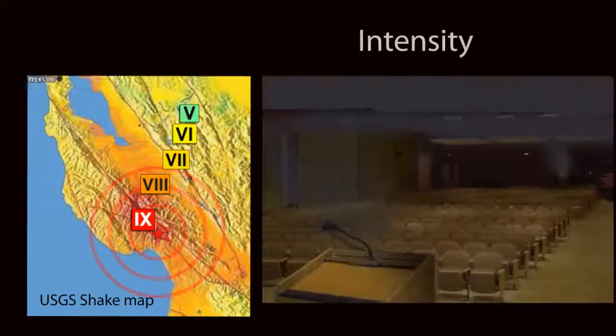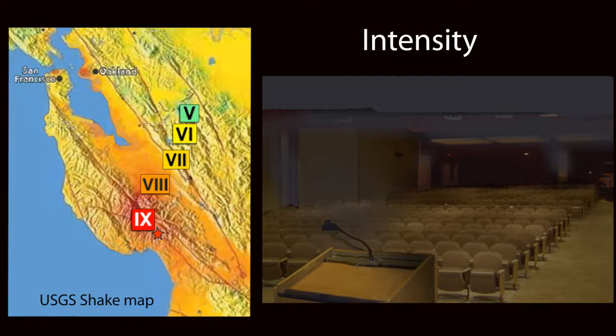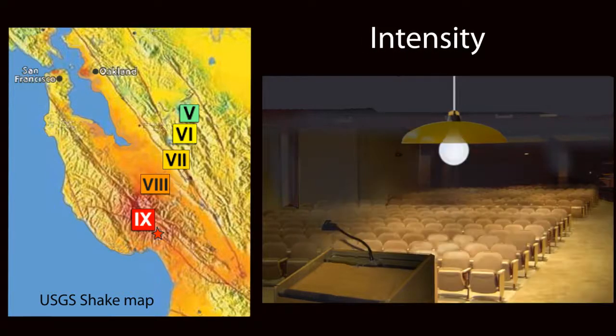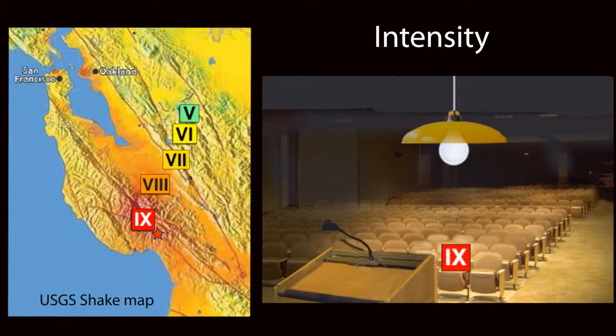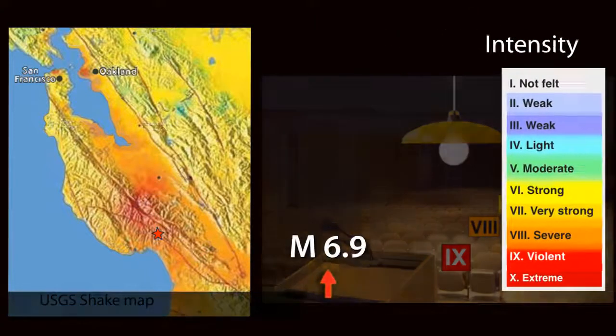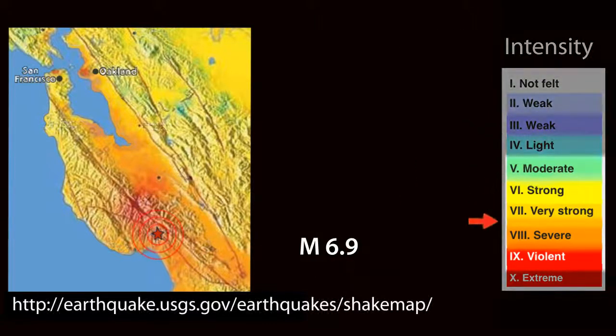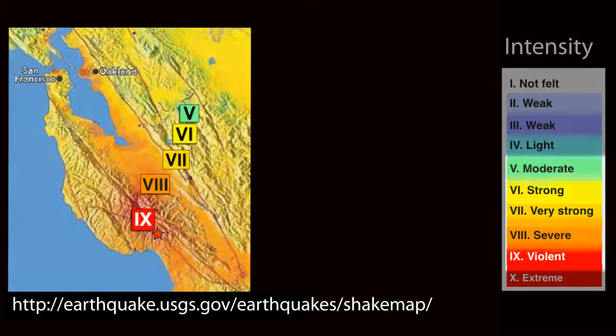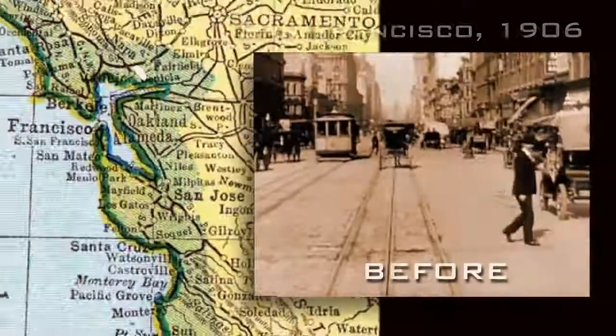The intensity, or shaking level, is like the amount of light from a light bulb that is received at any spot in a room. A small light bulb in one area of a room will make that area bright with high-intensity light, but it will leave the distant areas of the room dim with low-intensity light. So, a given earthquake has only one magnitude, but will produce different intensities of ground shaking at different locations, as on a shake map. But where did shake maps come from?